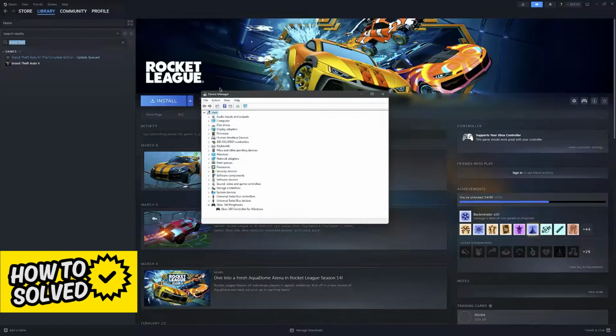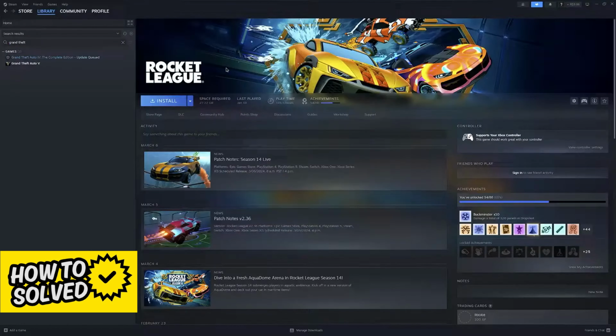So the reason why this happens is actually because of Steam. I know a lot of people use Steam and just leave it running in the background. Steam has a feature called Steam Input that automatically sets up any controllers that you connect to your PC. If Steam Input is enabled and you have a desktop layout, which is what I'm going to show you, you